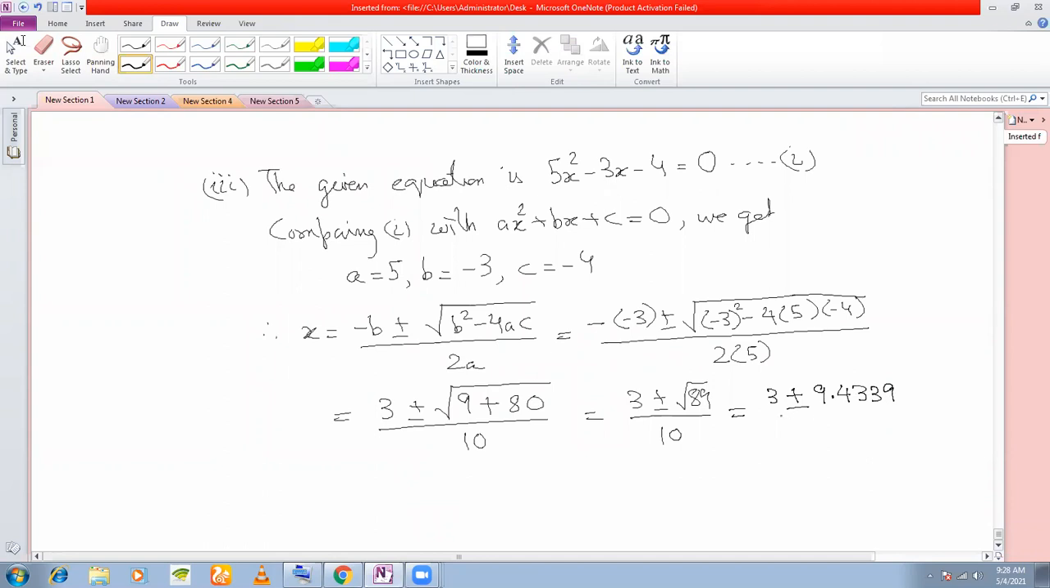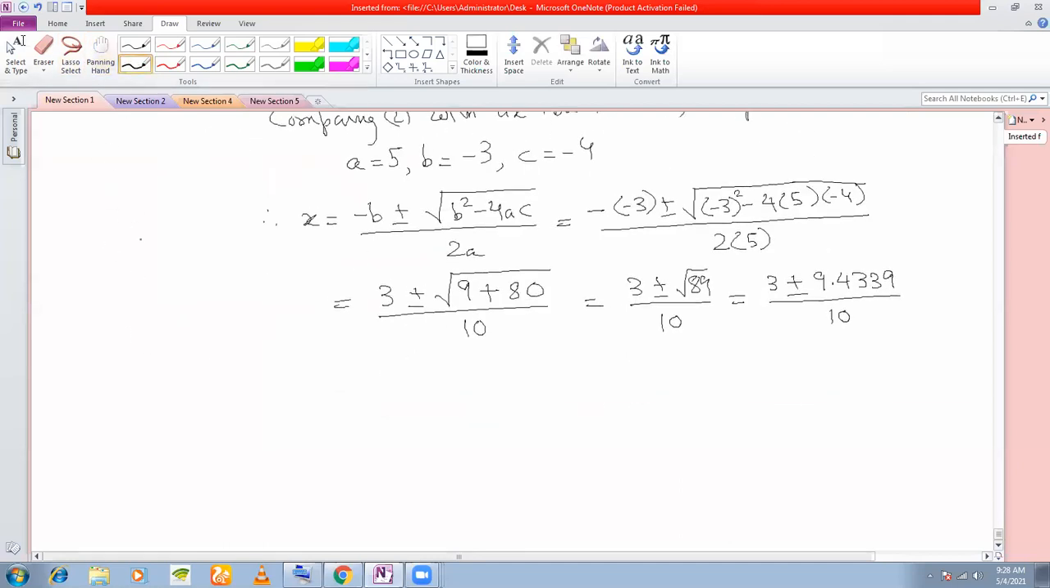9.4339 divided by 10. 4 or more. If you're getting 5 places of decimal also, you can take 5 places, but the question here is up to 3 places of decimal. So the number of decimal places that you have to take here is 4 or more. I'm taking 4 places. You can take 5, 6, whatever you want. Okay, so taking positive sign,